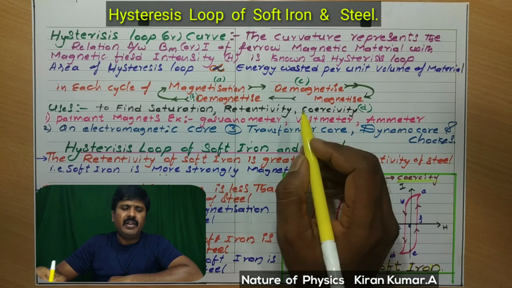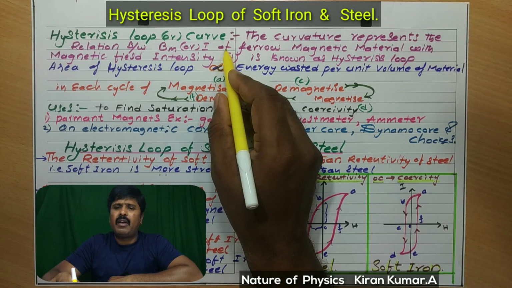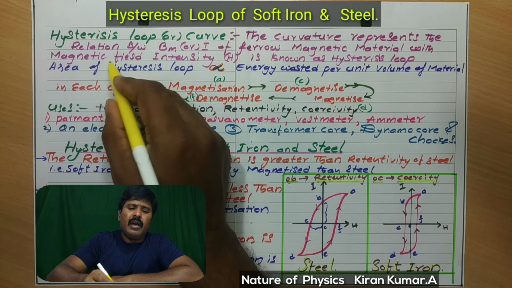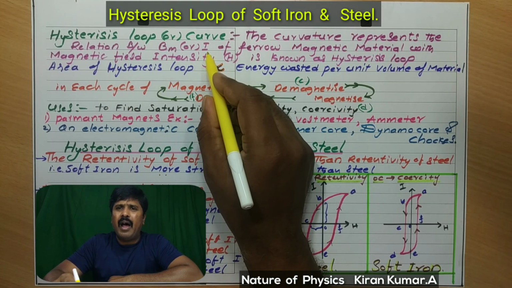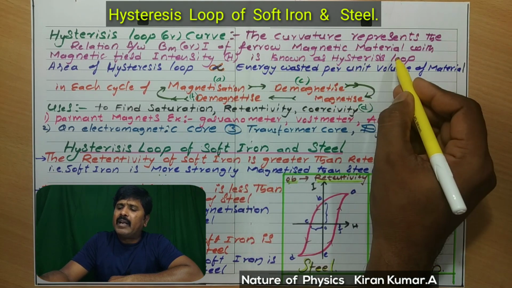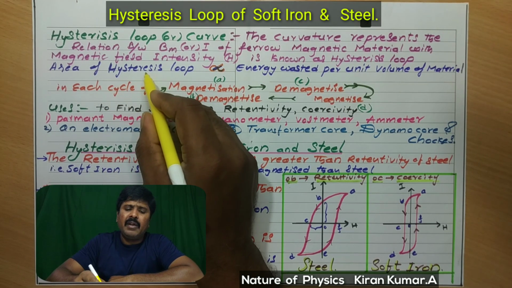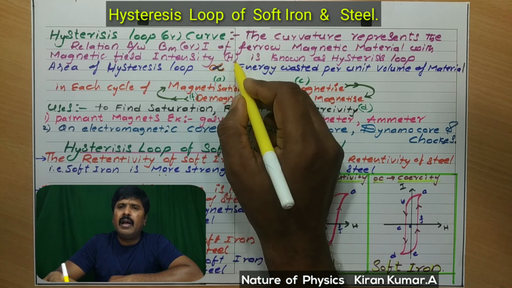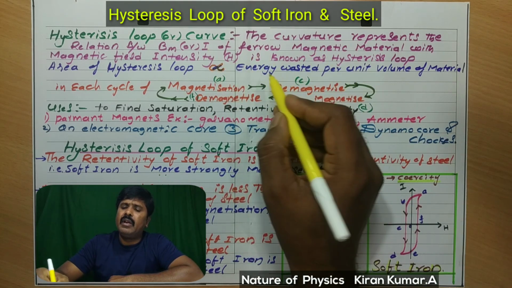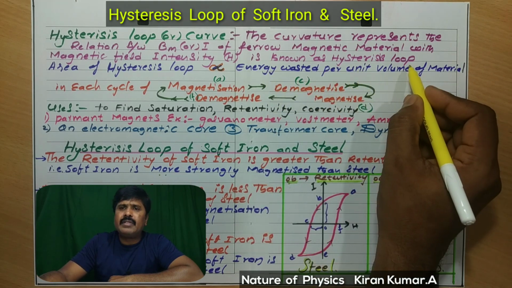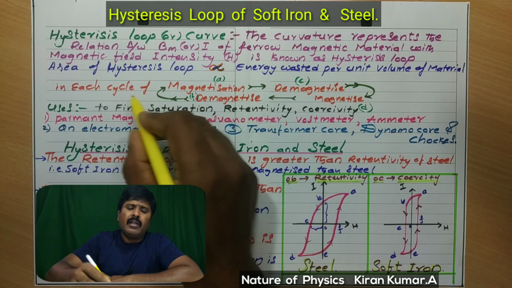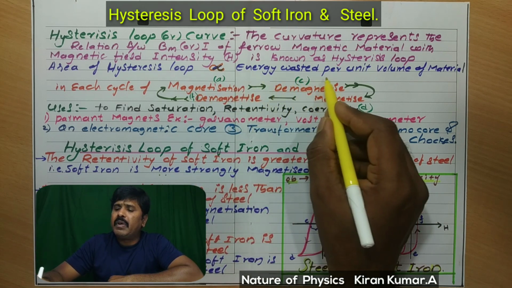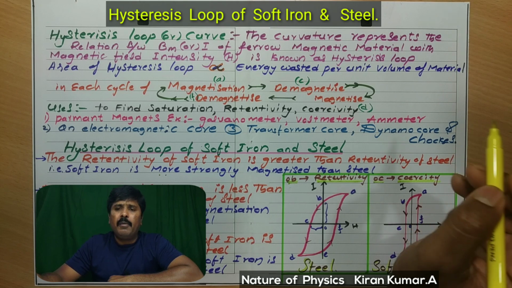Yes, student, continuation here. Hysteresis loops are curved, student. So in this, the curvature represents the relation between BM or I of a ferromagnetic material with a magnetic field intensity H, student. The relation between I and H graph representation is known as hysteresis loop, student. Okay, the area of the hysteresis loop is directly proportional to the energy wasted per unit volume of a material,